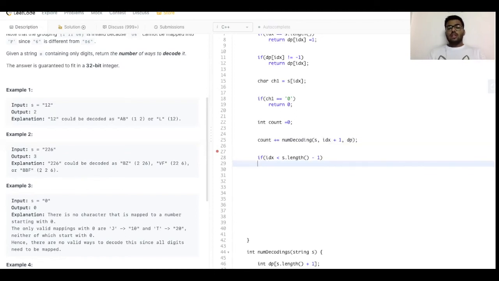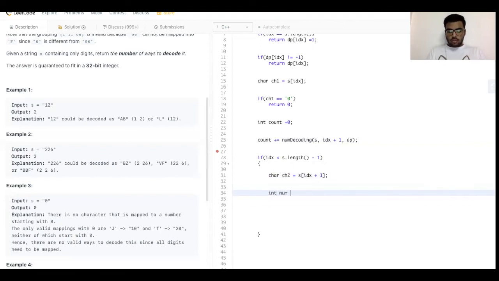So we have to check that base condition, and now we have to do char ch2. So we take another index, which will be index plus 1. We'll be checking if num is equal to (ch1 minus '0') times 10 plus (ch2 minus '0').